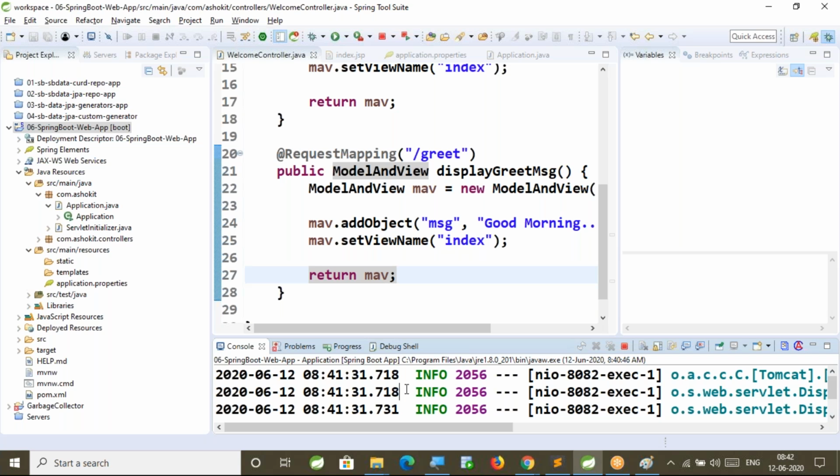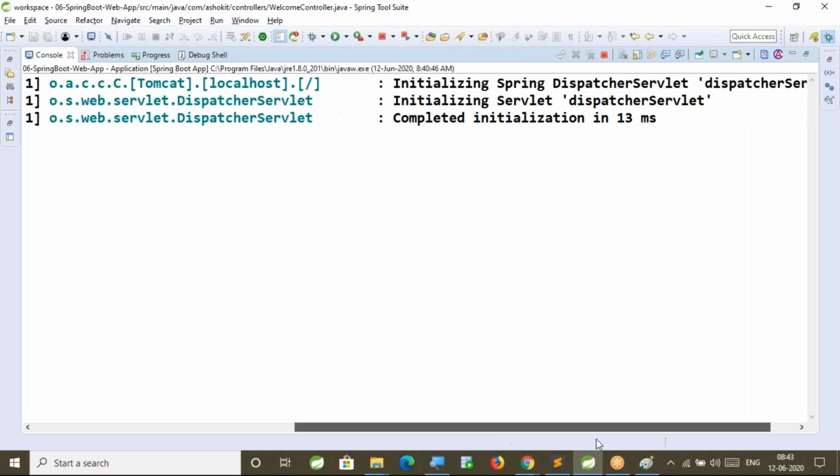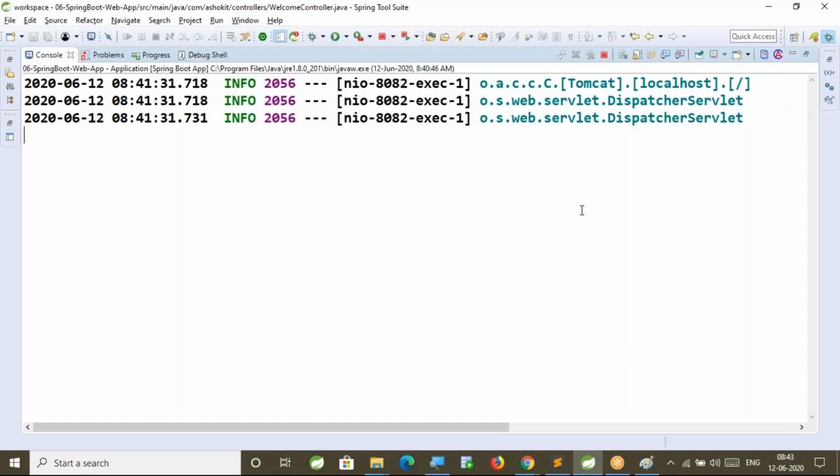In normal Spring MVC with the Spring legacy framework, you need to configure the Dispatcher Servlet as a front controller. But when it comes to Spring Boot, Boot is intelligent. Boot understands that for this web application, Dispatcher Servlet is required. That's why when we send the request, the Dispatcher Servlet got initialized by default. So we need not configure this Dispatcher Servlet manually in the Boot web application.